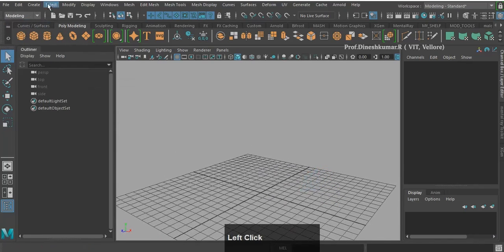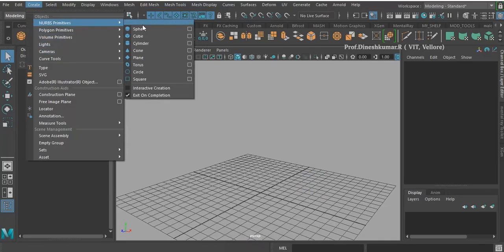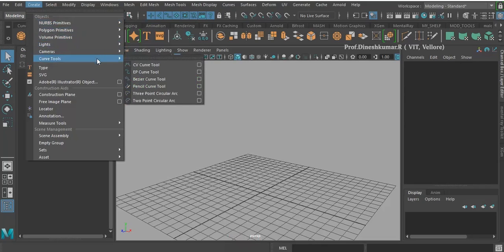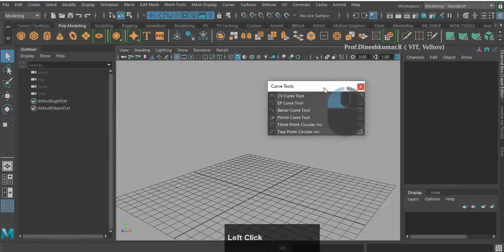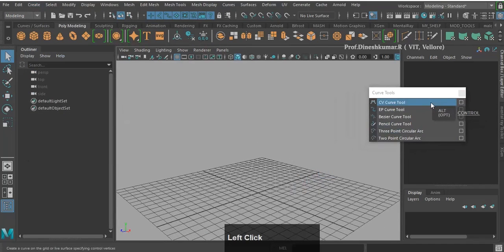Under the modeling section, you can see that there are many menus here. Under the create menu, you can see NURBS primitives, and we have polygon primitives. Under our curve tools, this is a curve tool which we could use. And remember that this curve tool we won't possibly use